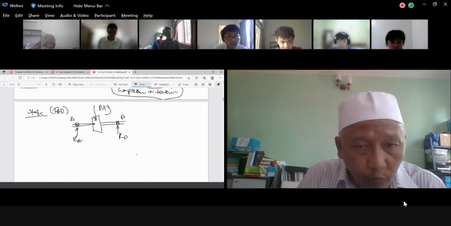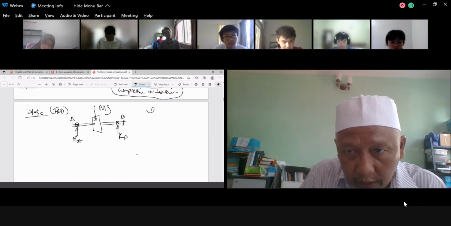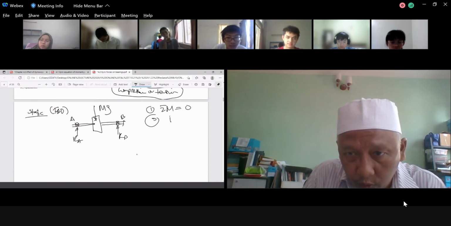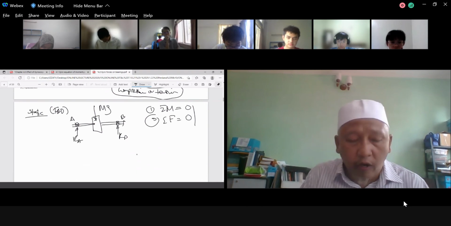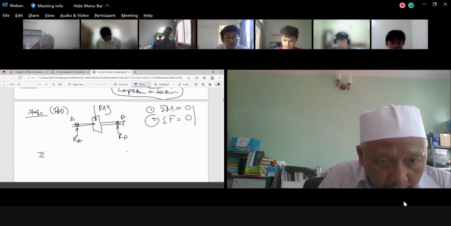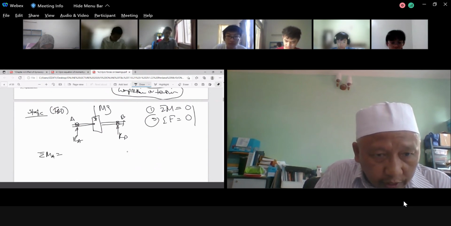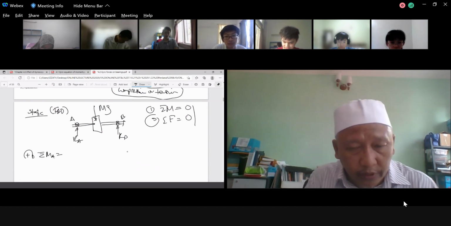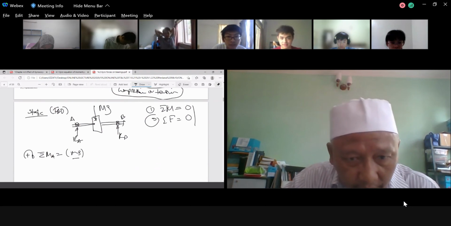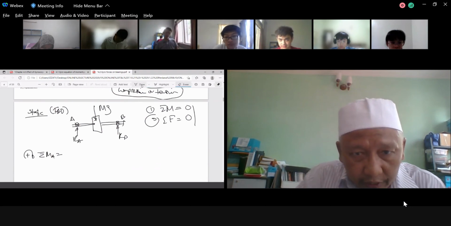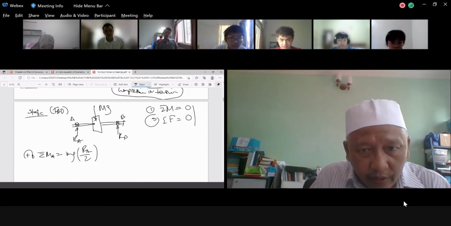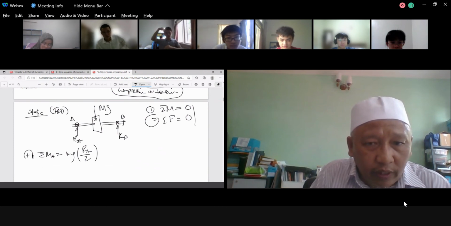On static, you have two equations. One equation is moment equal to 0 for the equilibrium position. The other one is force also equal to 0. Both are for the equilibrium condition. So supposing I take moments about A, then taking clockwise rotation as positive, you will have mg multiplied by... sorry, how come mg divided? It's not correct. It is mg multiplied by AB divided by 2, assuming that this one falls at the center.